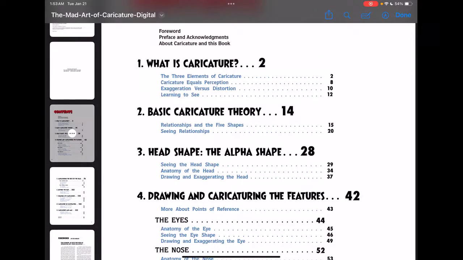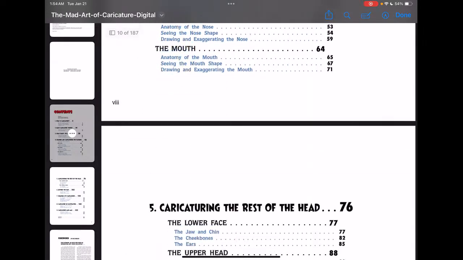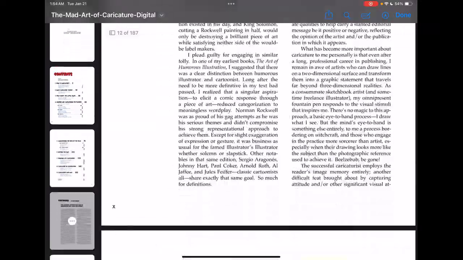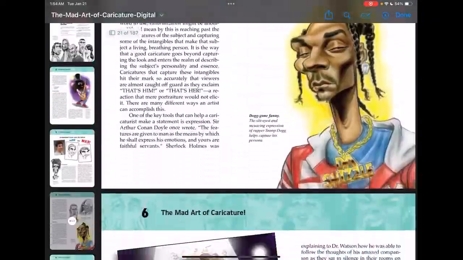Okay, so this is the head shape. I don't really struggle with the head shape too much. A unique head shape, just by starting with the eye line. Where is this guy? Where is it? Okay, let's just scroll through.